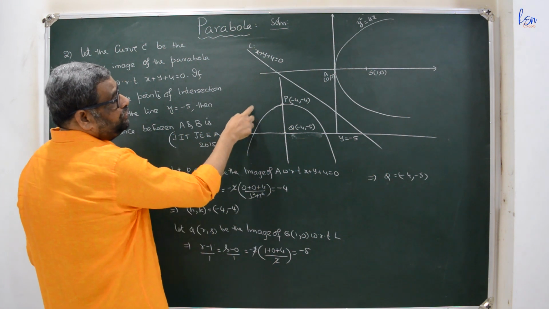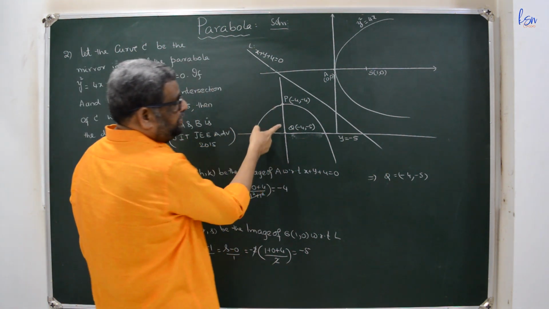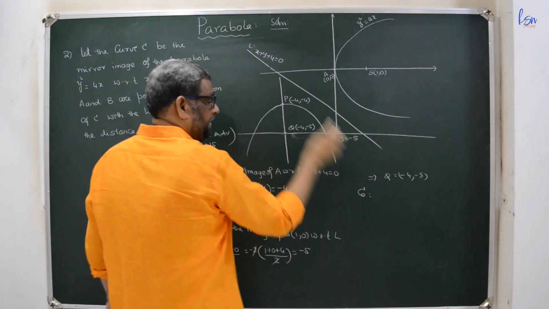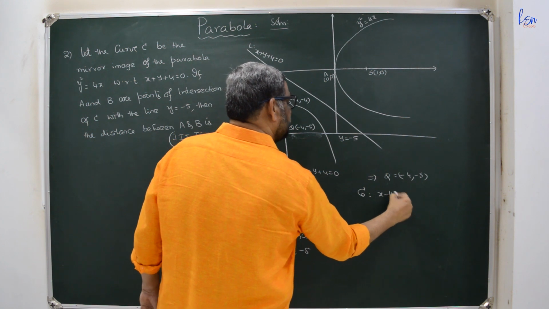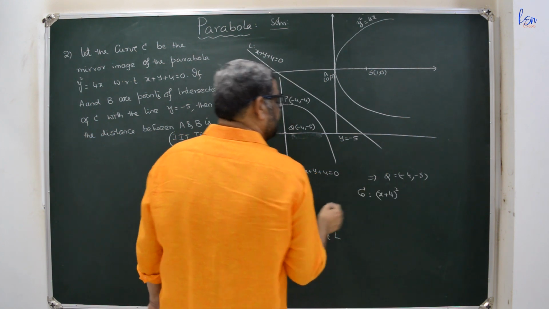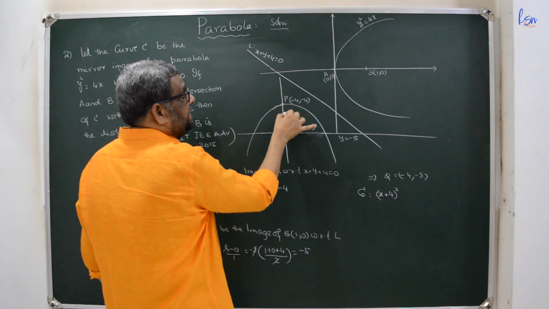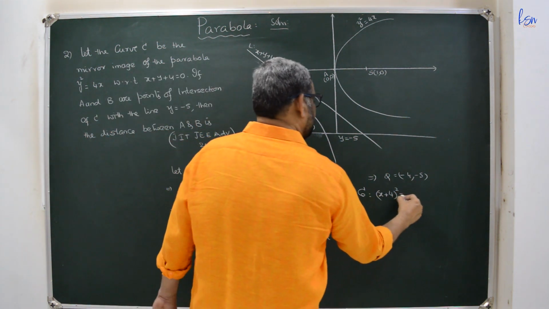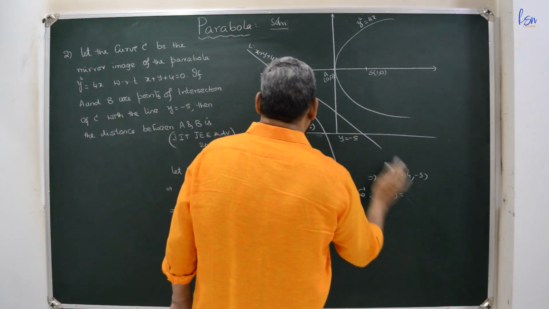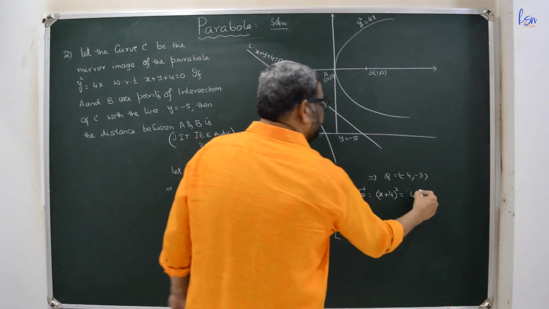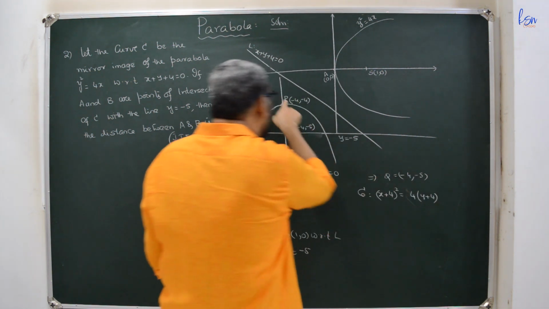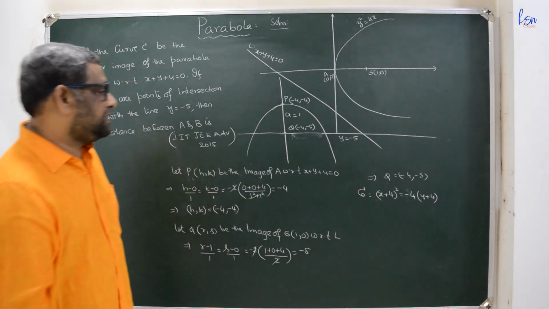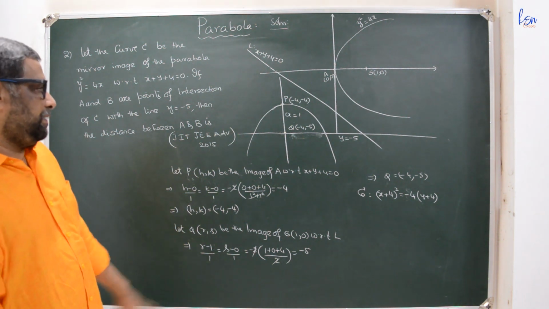Now here this new curve has P as the vertex and Q as the focus. So the curve C is (x plus 4) whole square equal to 4A into (y plus 4). This distance between the focus and the vertex is A, and A is equal to 1. So 4A means 4 into (y plus 4). But the concavity being downwards, it can be taken as minus 4. So (x plus 4) whole square equal to minus 4 into (y plus 4) is the parabola.